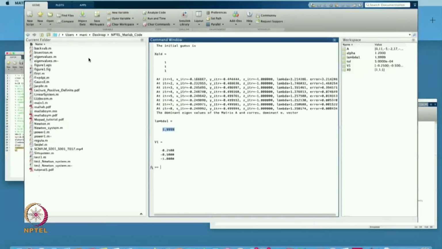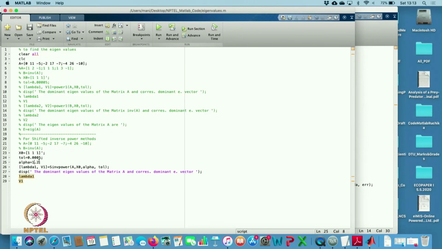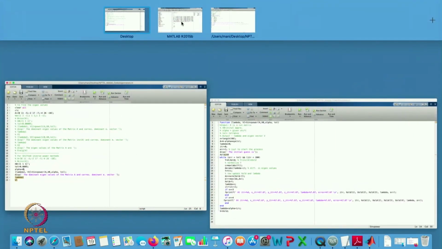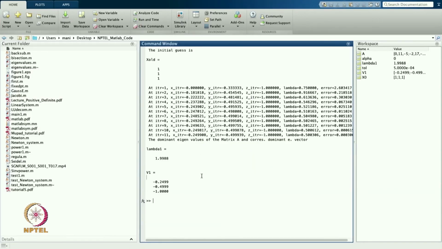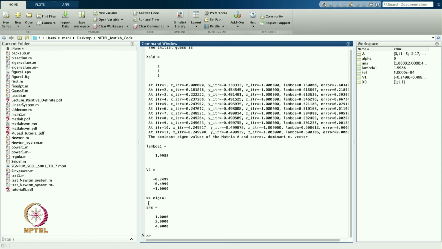Now if I choose alpha equal to 0, then it is just a power method. So from here you can see that it is the inverse power method, and the solution is coming 2, so from here I am able to find the value, that is this 2.